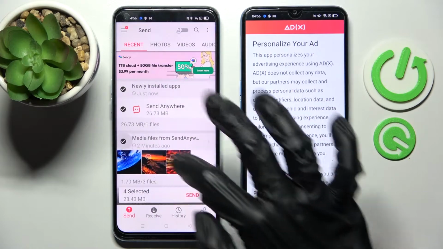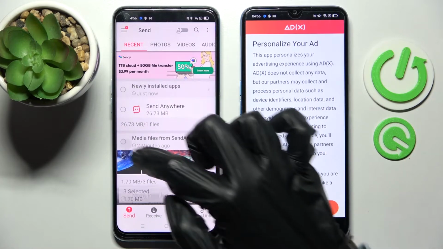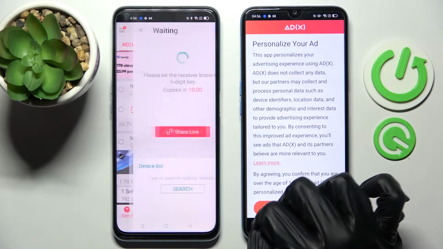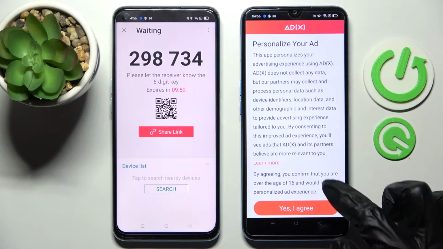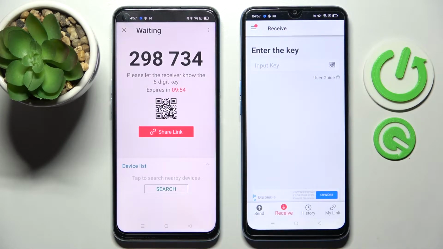Then select all of those dots and tap on Send. This way you can choose all of your files and transfer them. It will take a long time, so I will go with only one photo, tap on Send and click Got it. Over here on an Android, just no thanks, tap on Close this window, and as you can see now,